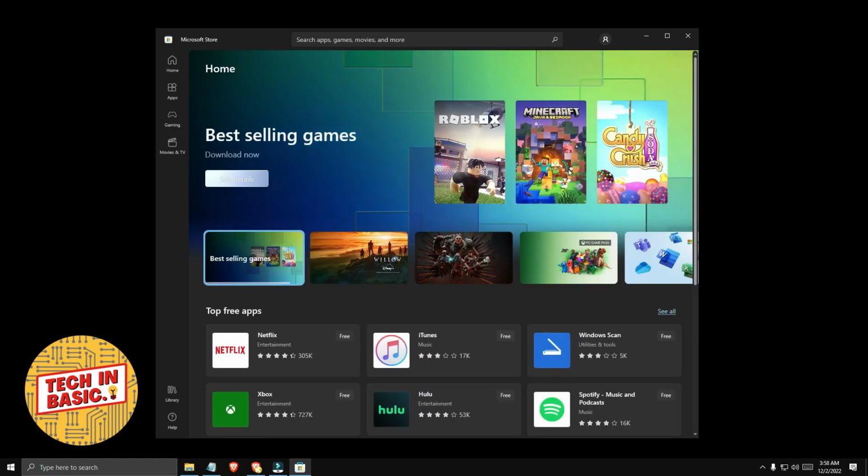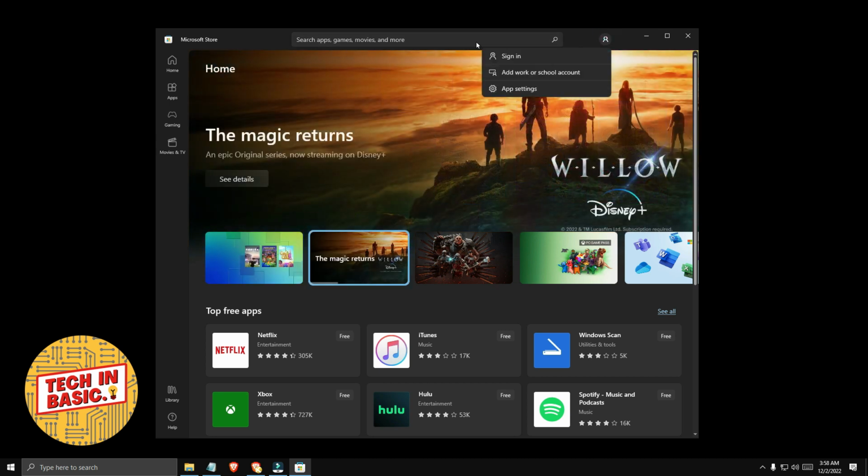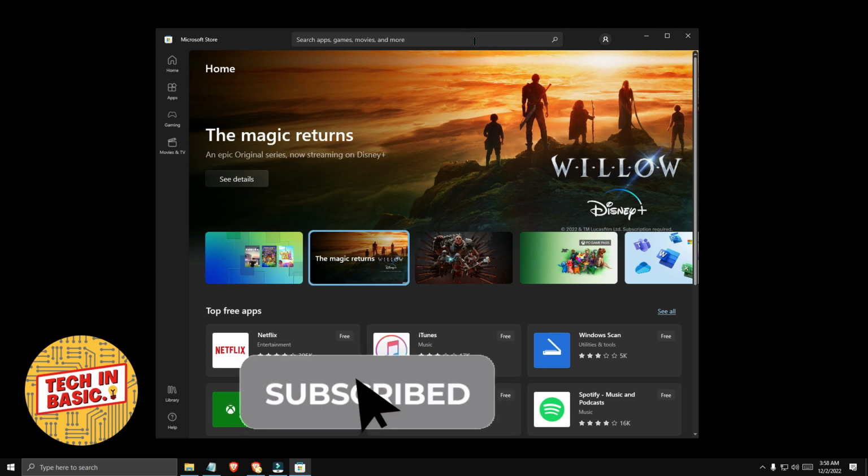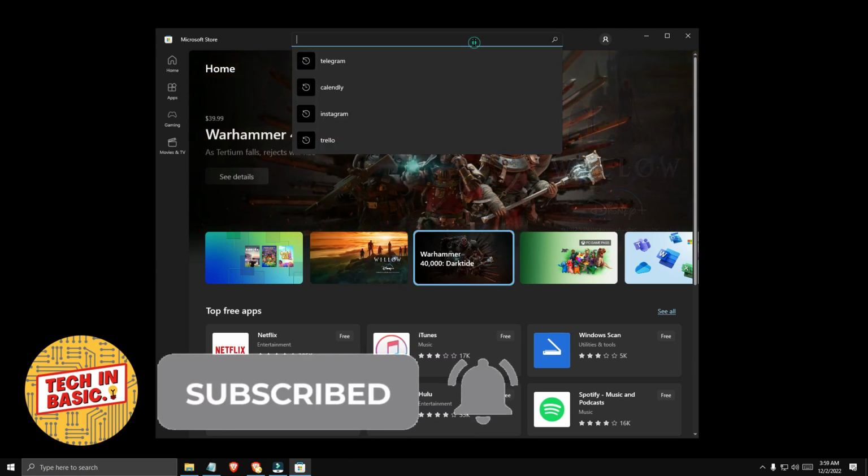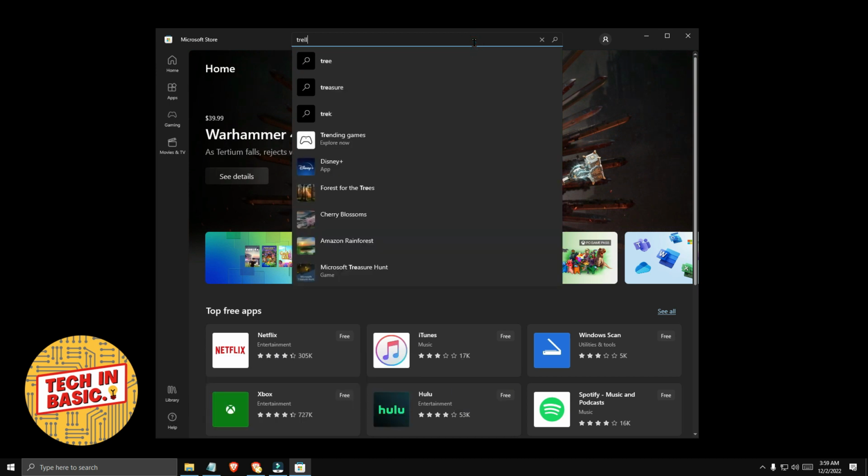The great thing is you can install any apps here in Microsoft Store without any account. You don't need to log in. But in case you already have an account, it's okay. All you have to do is to search Trello